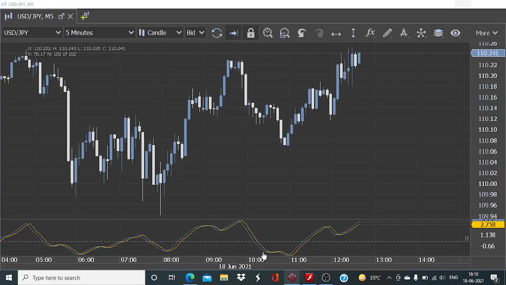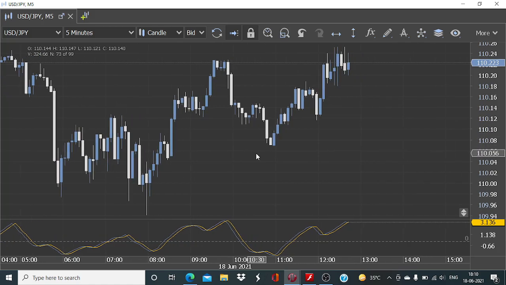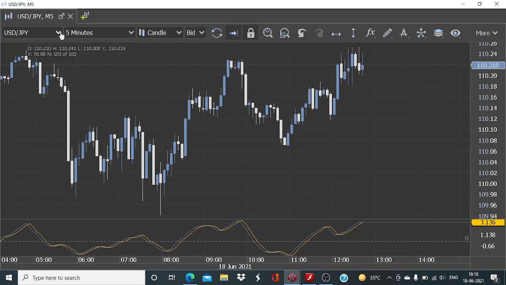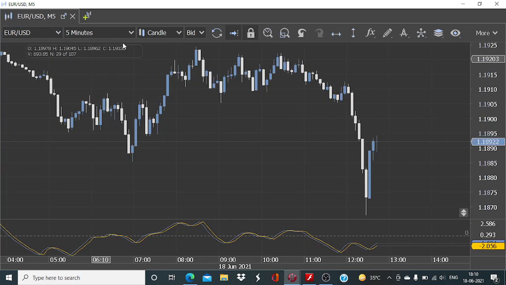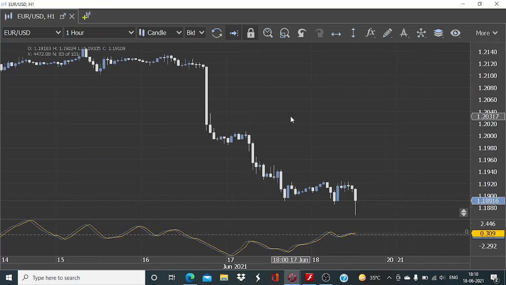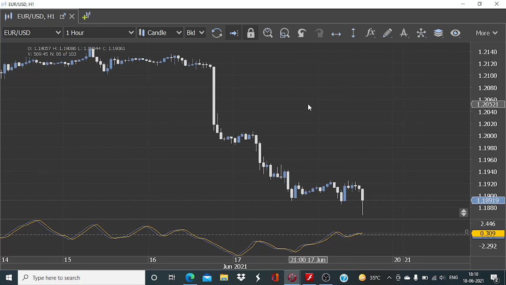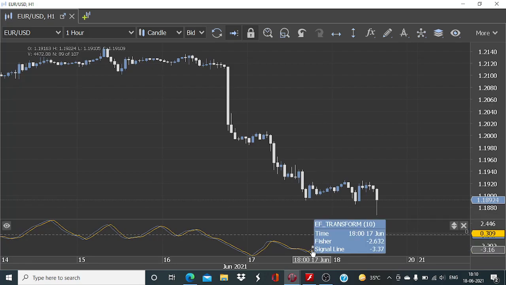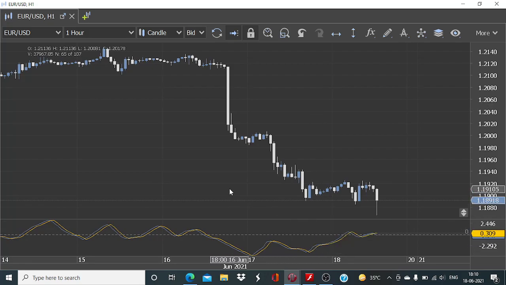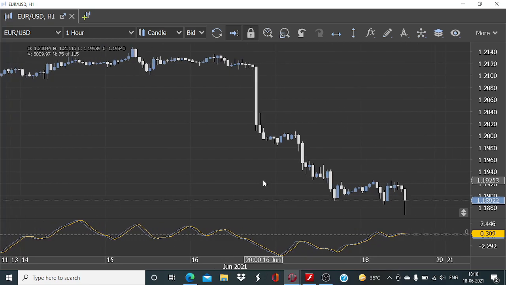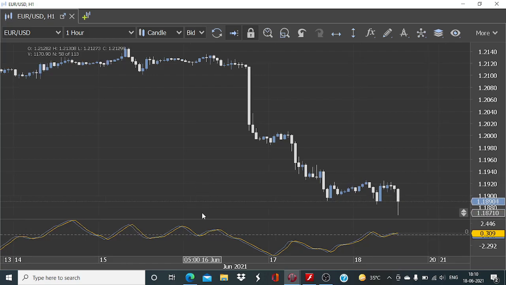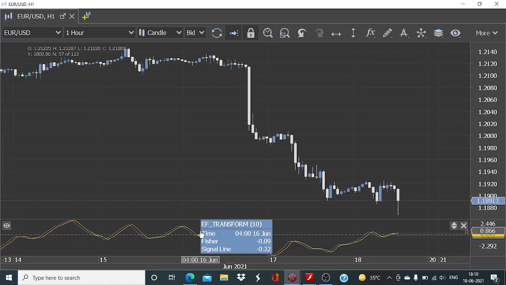Now I will give you a brief idea of the logic which we are going to use while looking to trade in the EUR/USD. So I will change this chart, and this will also be changed to hourly. The logic is fairly simple. We want to be trading with the trend. So whenever we have these EF Transform values above 0, then only we will be looking to initiate the buy trade. And for that, our preferred setup is going to be the crossover. Whenever we see the Fisher line crossing above the signal line, we will look to initiate the buy trade,